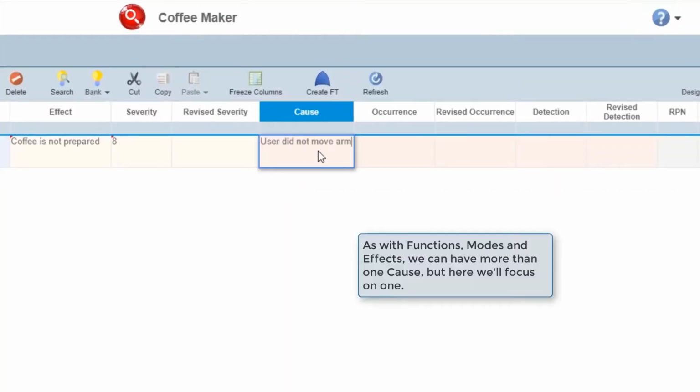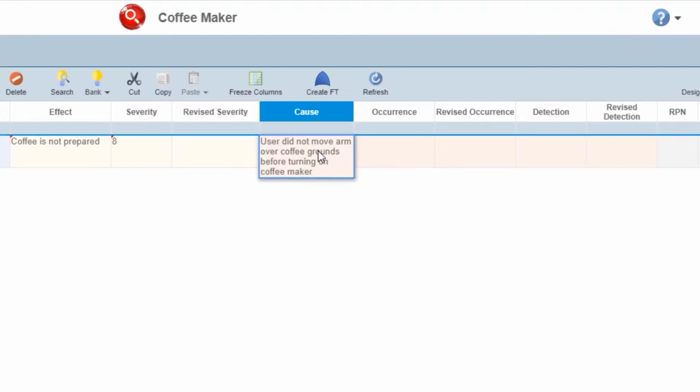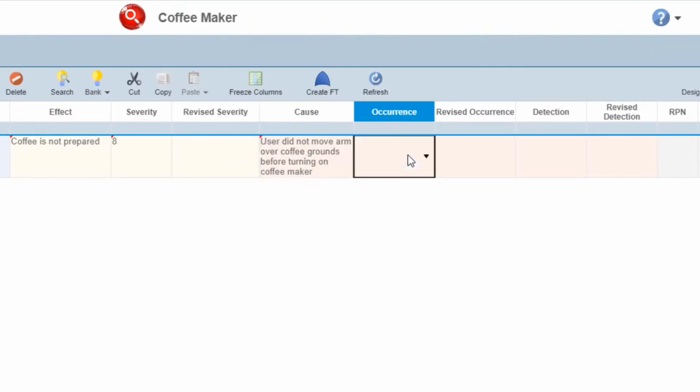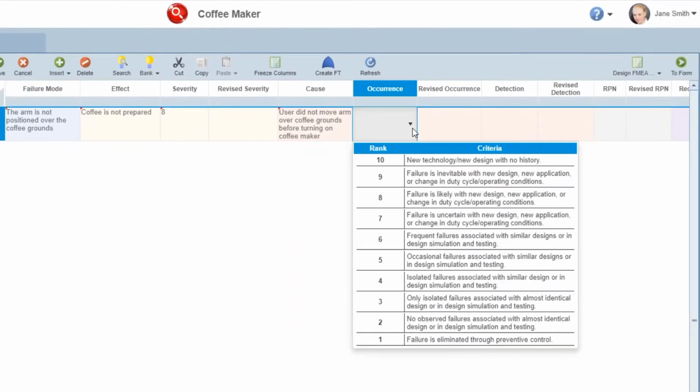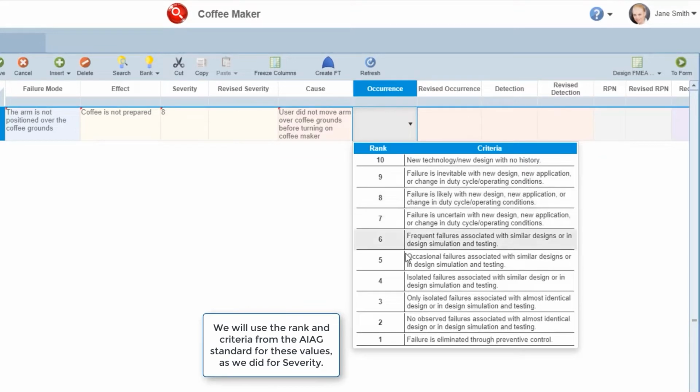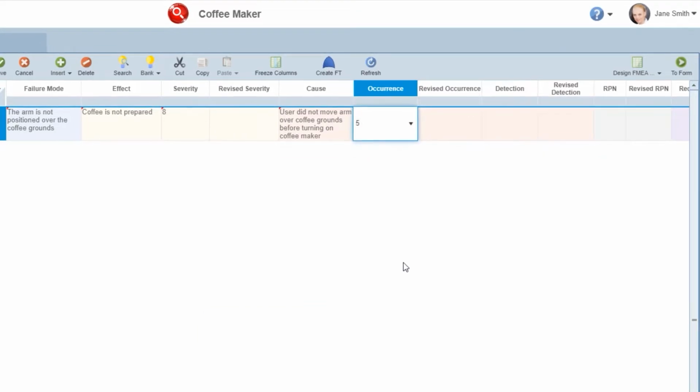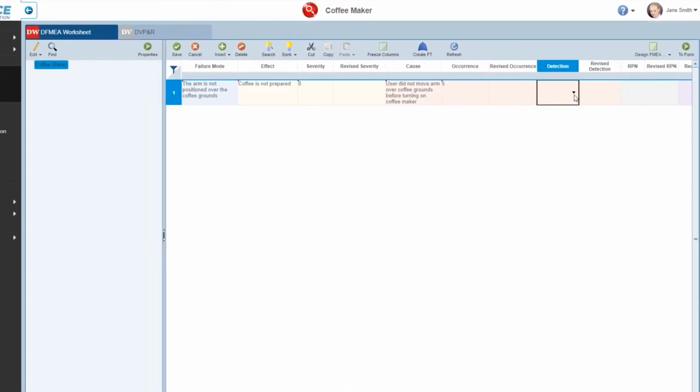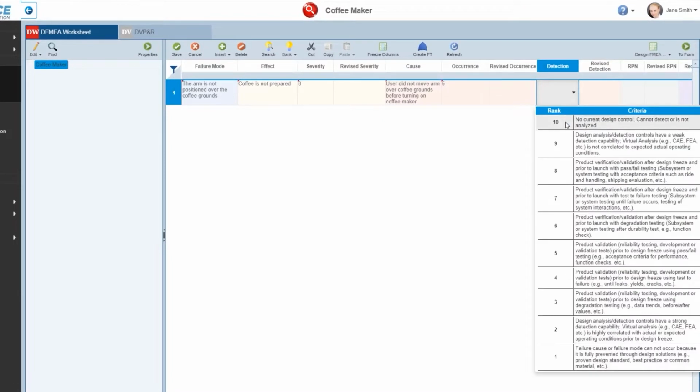Now we have to analyze our potential causes. We will go for user does not move his arm over the coffee grounds before turning on the coffee maker. Next, there are two critical values we have to populate, occurrence and detection. For occurrence, we will assign a value of 5 because this happens occasionally. For detection, we will assign a value of 10 because we do not have any method to detect this cause